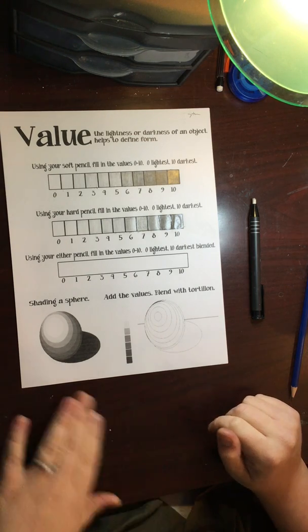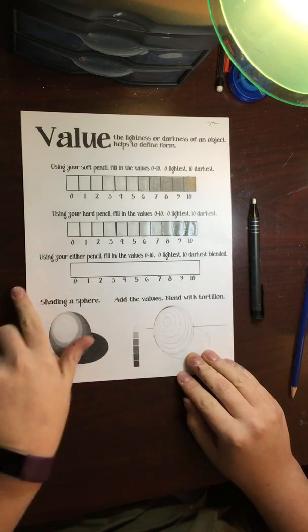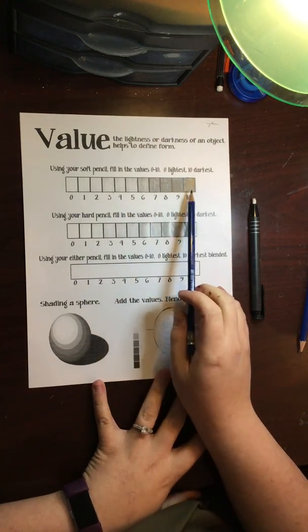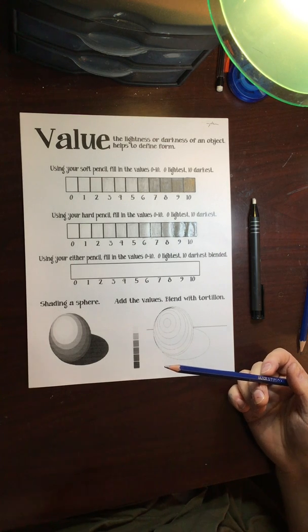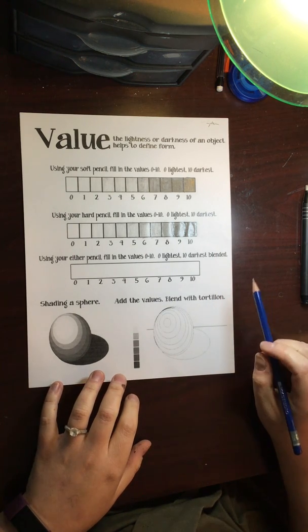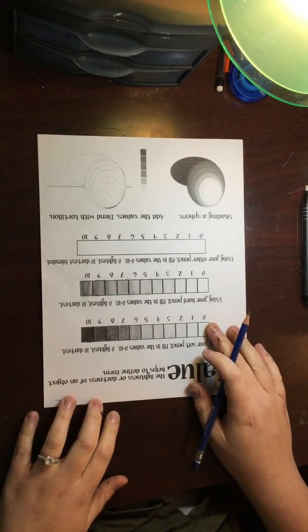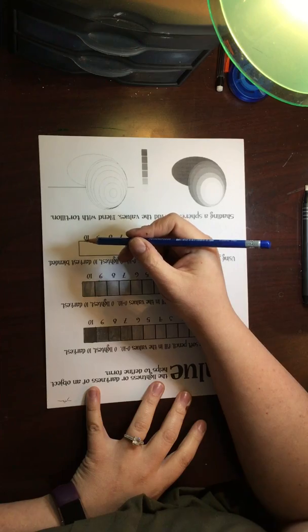Next we're going to learn how to use a new tool, and using either of your pencils, we're going to make a nice blending scale, okay? I'm going to personally use the B pencil because I feel like it's easier for me to get more shades. So what we're doing is we're making a value scale, but we're doing it all in one go, and we're going to be using a blending tool, or that tortillon that's in your supply pack. I'm right-handed, so it's easier for me to work left to right. So I'm going to flip my worksheet upside down. Where 10 is now all the way on the left for me,